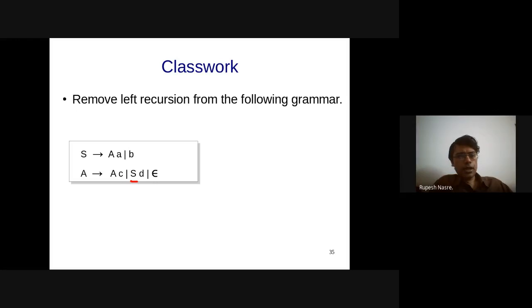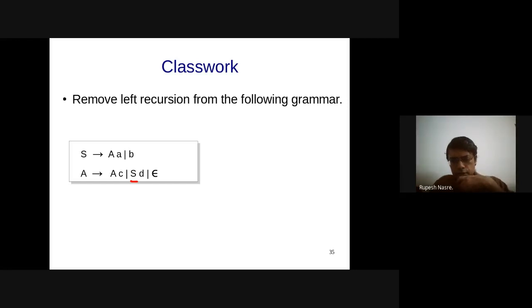So B A A D, or epsilon, B A A D A1. Yeah, I think there is some problem with that B A A D. I'm not sure if that is correct, but I need to check. The others seem to be okay.